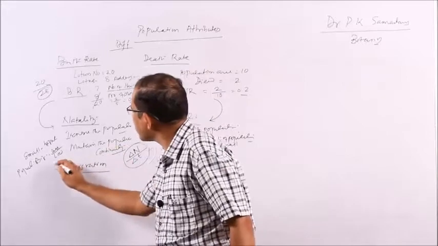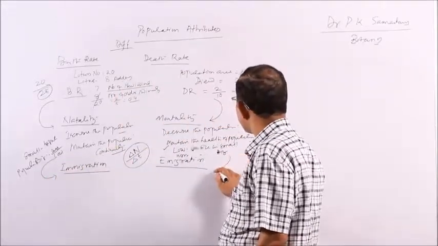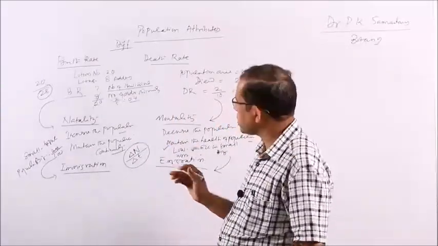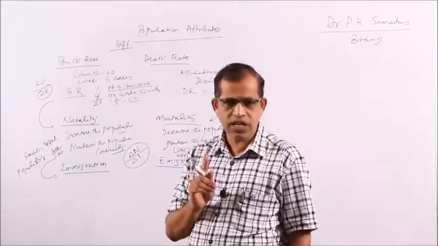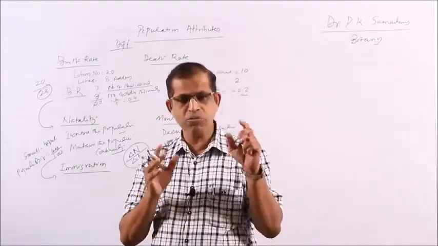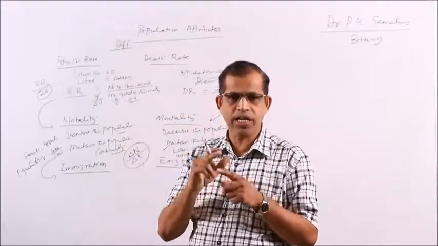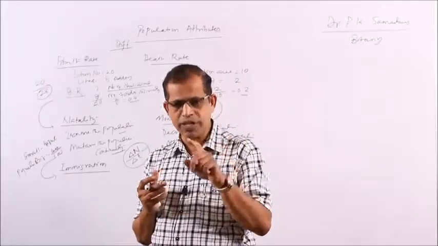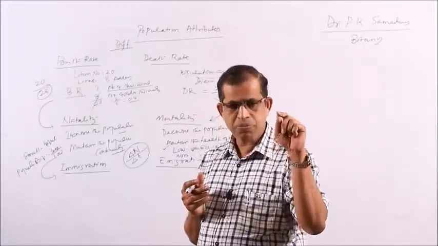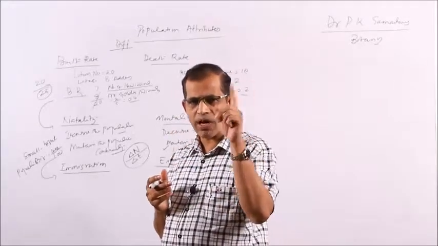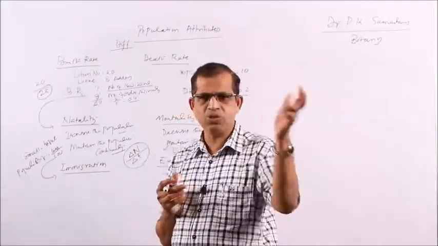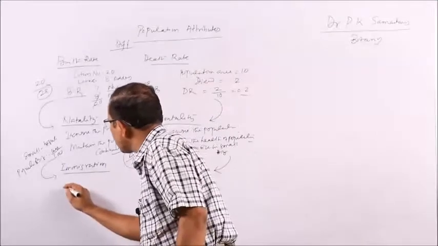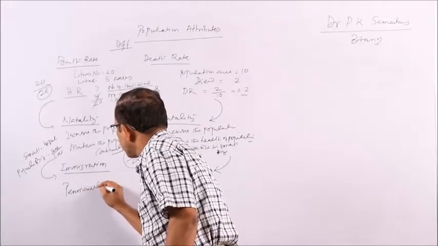Now, how natality is related to immigration, or emigration, the birth rate and the death rate. We know what immigration is: it is the permanent inward movement of individuals, or the arrival of new individuals from one population to another. That is the arrival of new individuals from one population to another, or we can say the permanent inward movement.